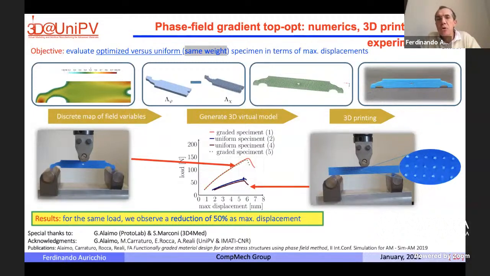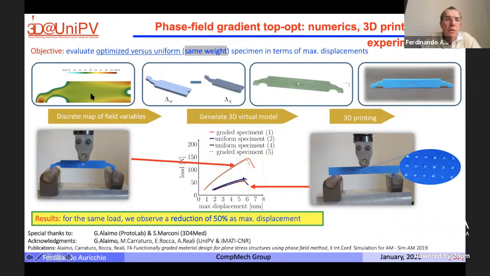One of the issues is to be able not only to run the simulations, but also to construct the object. So an area where I think that geometrical reconstruction is really important is how to transform these maps into something that you can really produce and that you can really test. Okay, so an area in which we're working is the transformation of these very nice colored maps into something which is really printable, and I think that is a very important area.